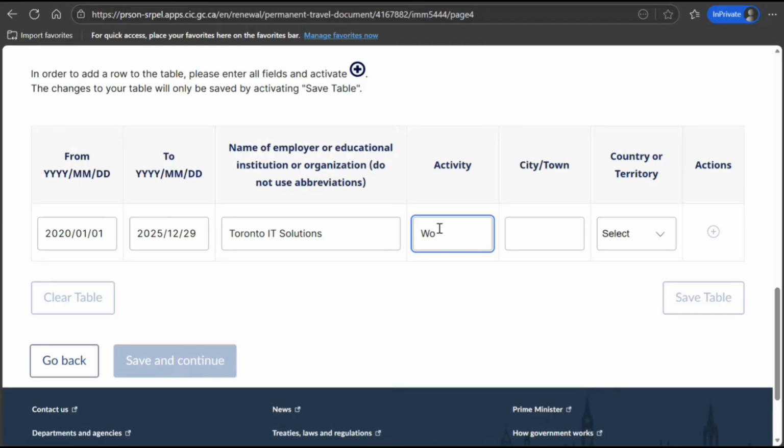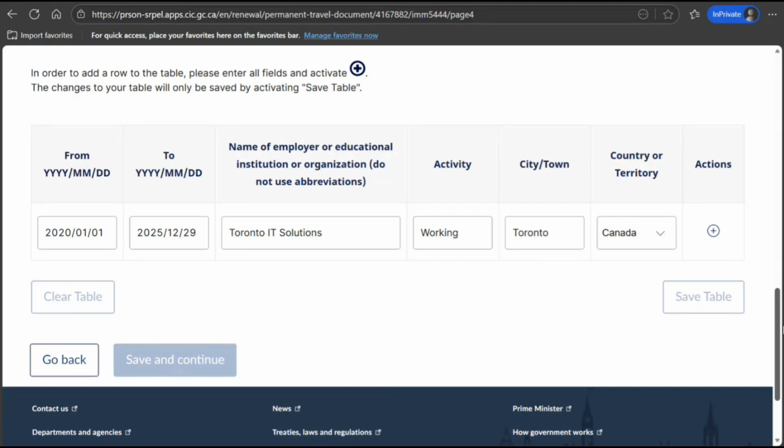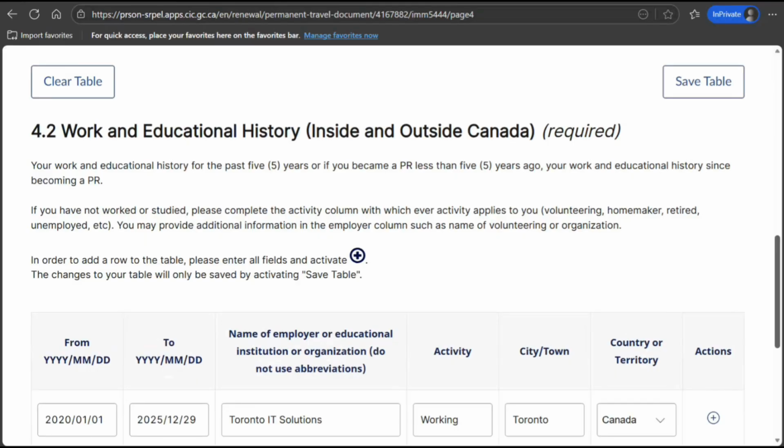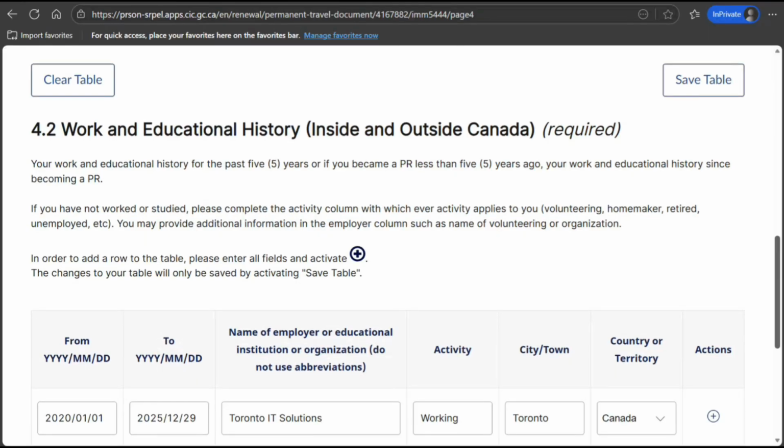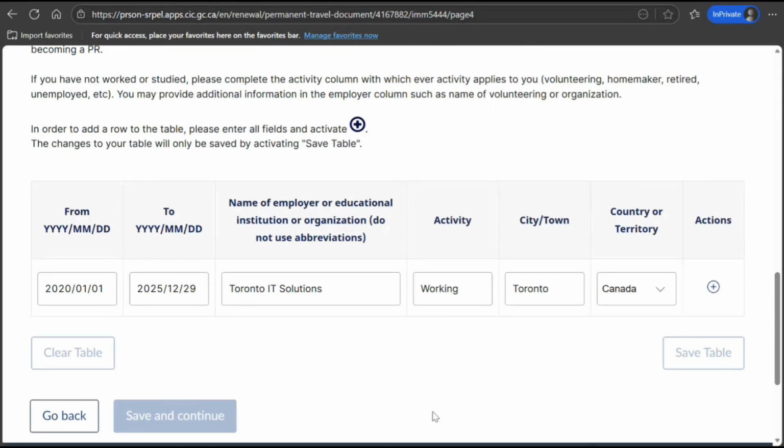For the activity, let's say, you can also enter a position instead, IT analyst. Looks like I have missed something. What have I missed?